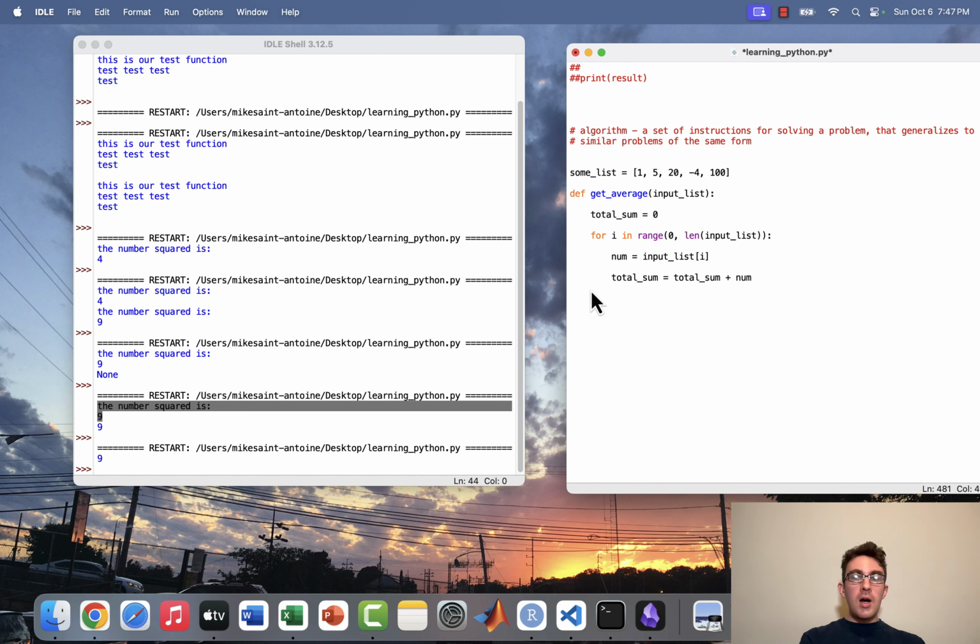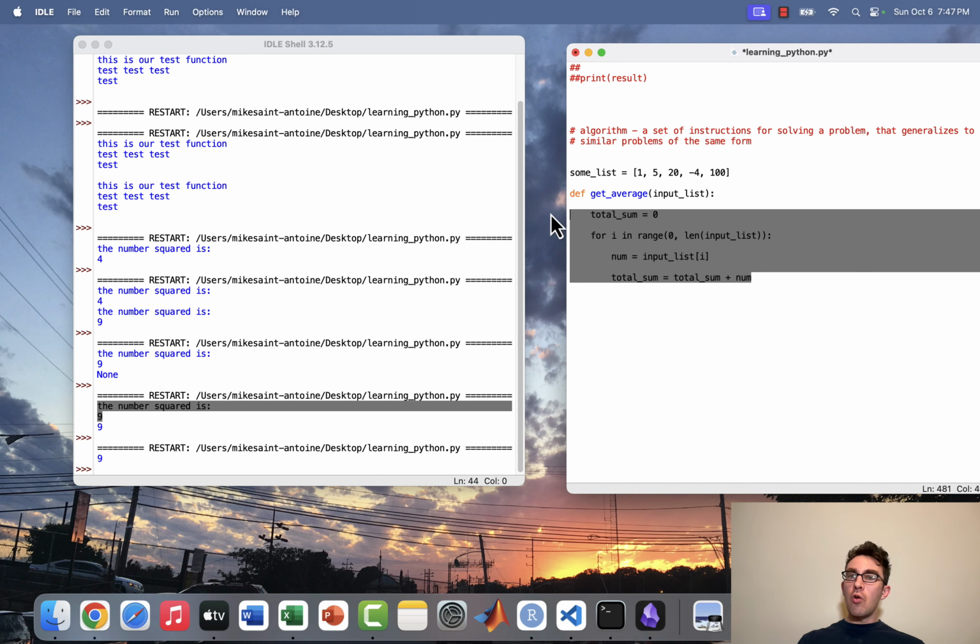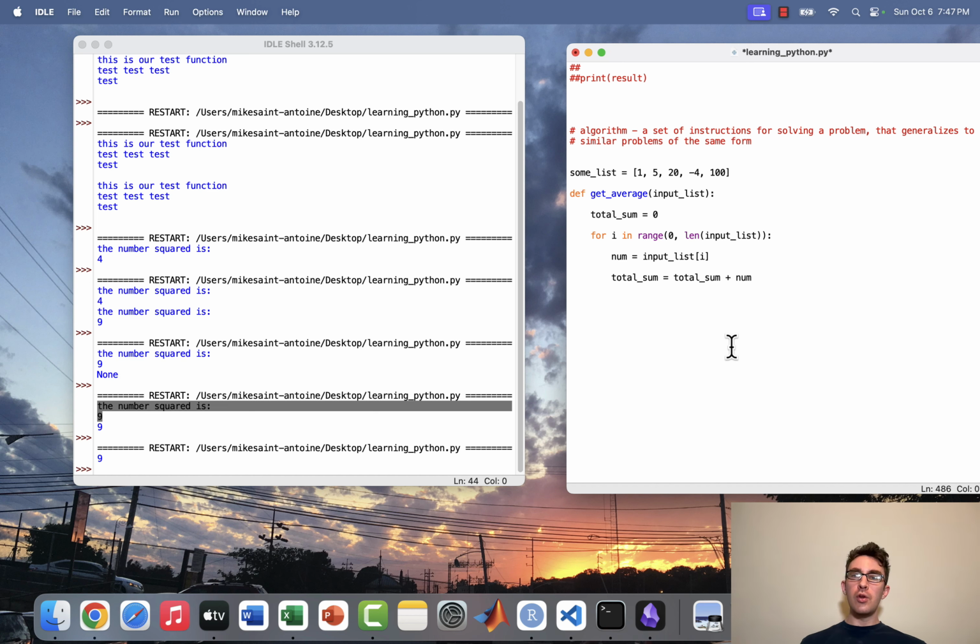Okay, so at this point, this block of code is already a start, because it's a block of code that we can use to sum together all of these numbers in the list and then get that total sum into a variable that we've just called total sum. But then we don't just want the total sum, we want the average. So the way we can get that is we can take the total sum divided by how many numbers there are. So we can basically say average equals total sum divided by